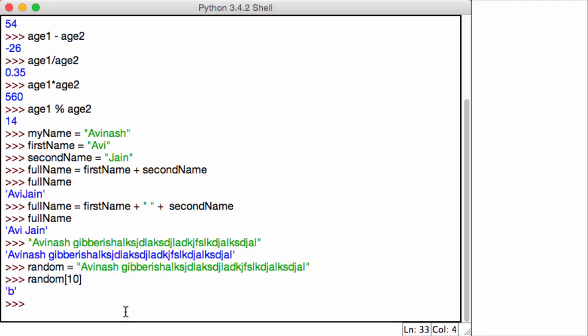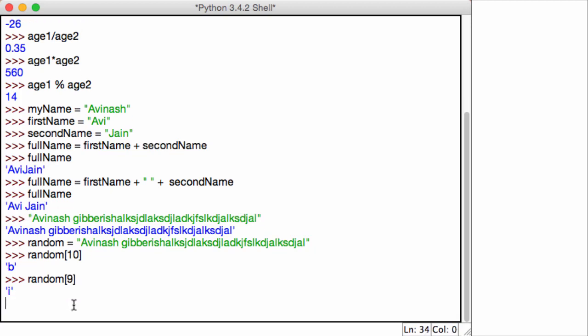The reason it's done this is because the indexing of almost everything in Python starts at zero. When we get to arrays, or actually lists and dictionaries, indexing starts at 0. So think about it like this. The first character in the string, its position is the 0th position, then 1, then 2, then 3. For example, if I wanted to get the actual 10th position, I do 10 minus 1, right? If you wanted to get the xth position in the string, you do x minus 1. It's that simple. So if I wanted to get the actual 10th position, I do random 9 and I'd get